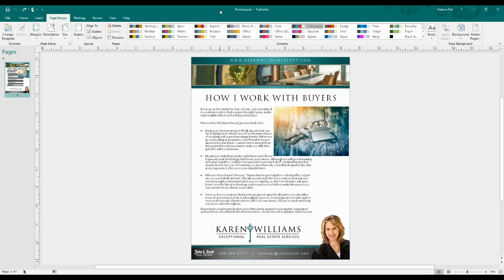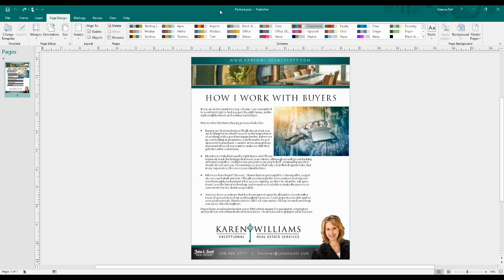Let me preface this a little bit by explaining why we're even doing this. There are a number of people lately who have asked, I've got some documents in portrait format, and I'd really like to be able to convert them to horizontal because they're being viewed on a screen. Perhaps they're part of a CMA that is more of an online visual version of the CMA. So I'm going to show you a couple of tricks today to easily convert